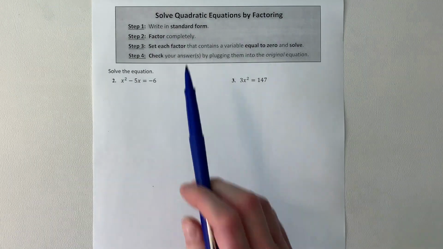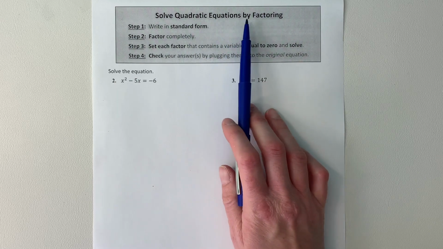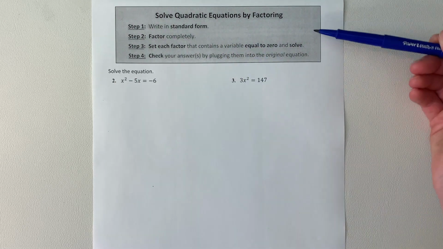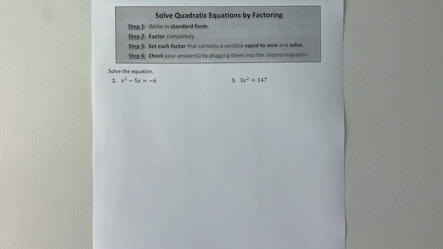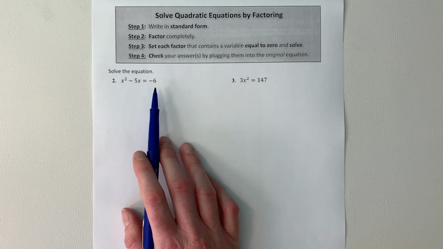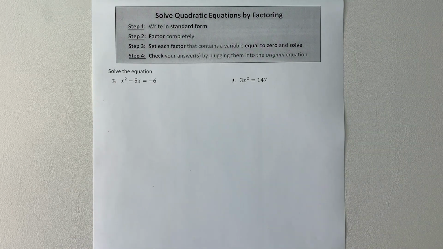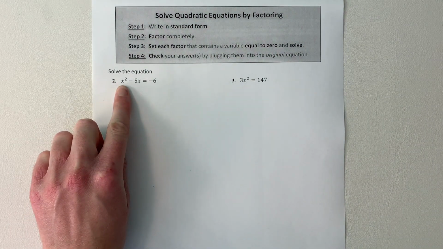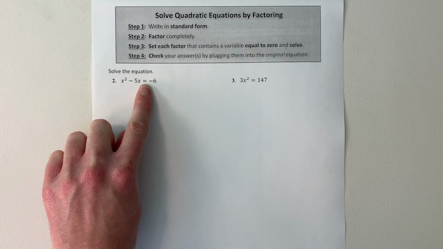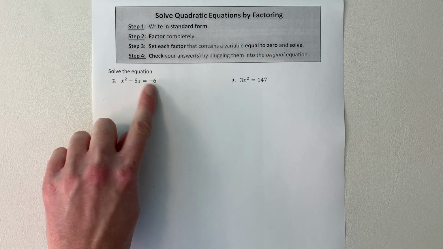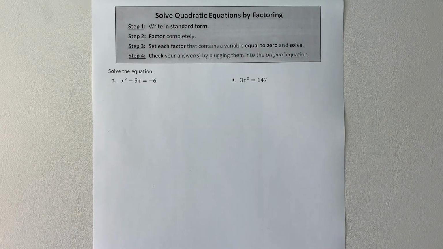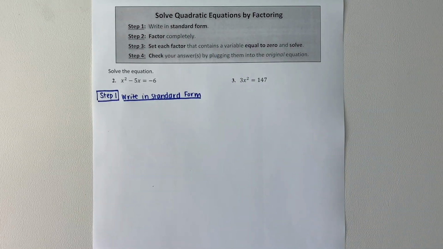So next we're going to learn how to solve quadratic equations by factoring. Here are the steps that we're going to follow for each problem. Let's look at this example here. If you see a quadratic equation, you'll know it's quadratic because you see an x squared term, and you'll know it's an equation because you'll see an equal sign. If you see a quadratic equation, and if you're asked to solve, step 1, we need to write our equation